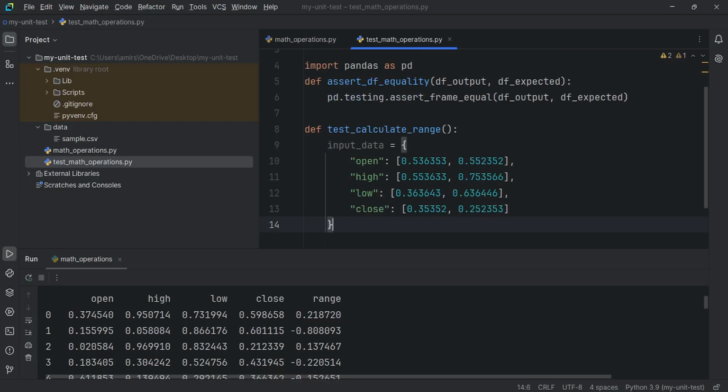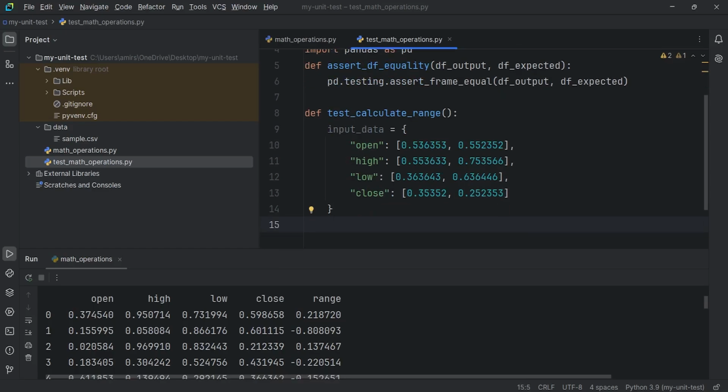So these are the input values that we will pass, and then we will create a data frame out